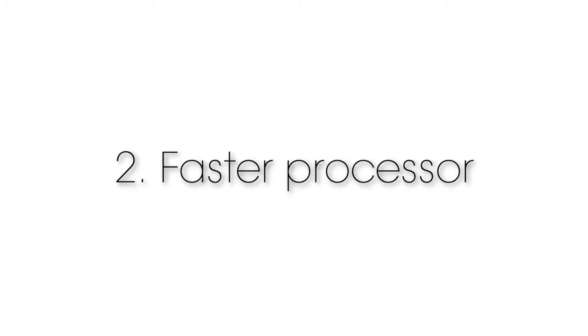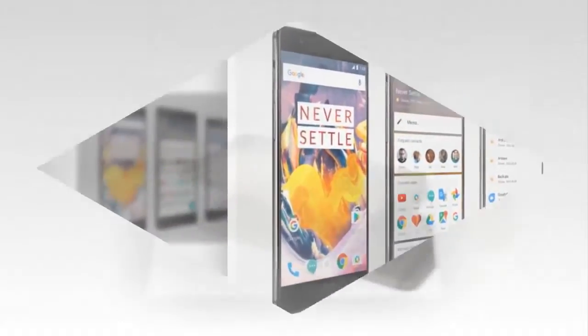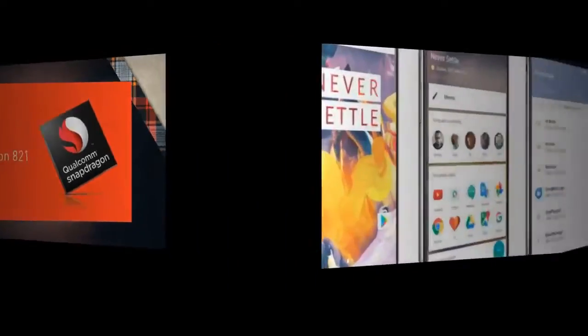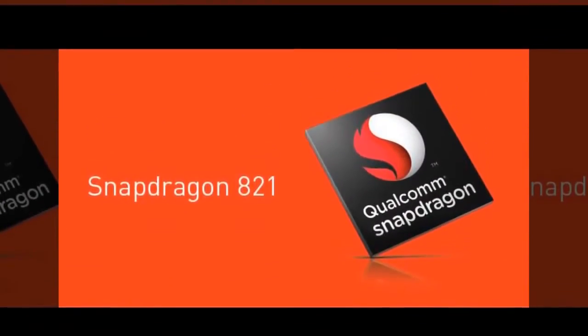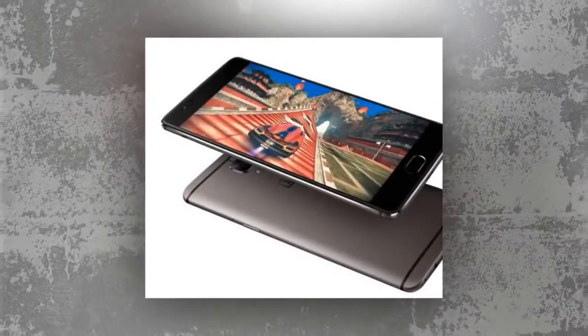Number 2, Faster Processor. The Snapdragon 821 is the new fastest chip on Android. It comes as a slightly souped-up version of the Snapdragon 820, and it's already included in phones like the Google Pixel. Technically the 821 is a quad-core chip like the 820, with 2 high-performance cores that now run faster at 2.35 GHz clock speed, versus 2.2 GHz on the 820, and 2 battery-savvy cores running at the same 1.6 GHz